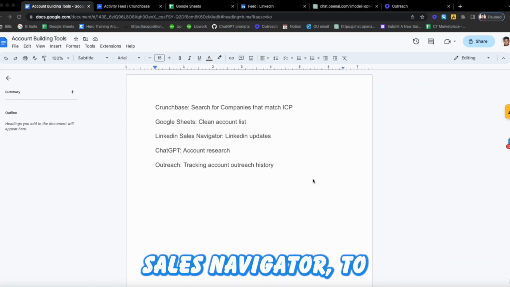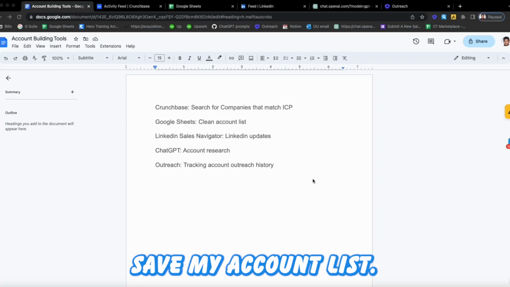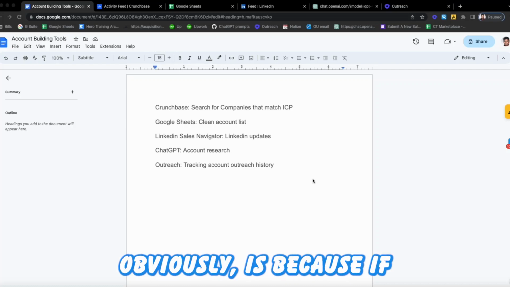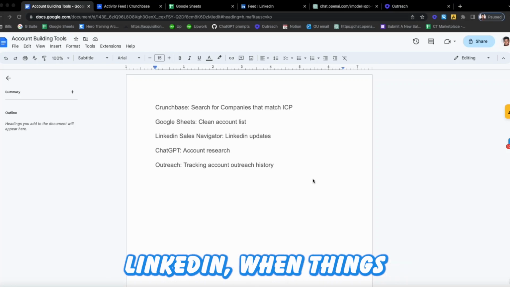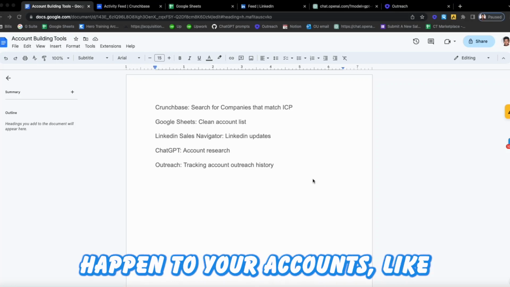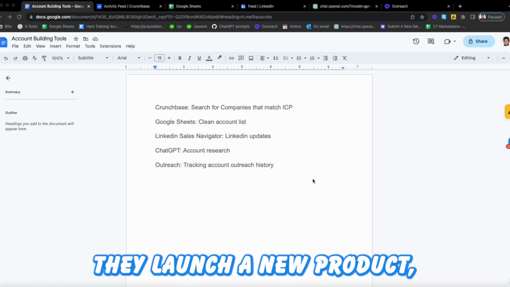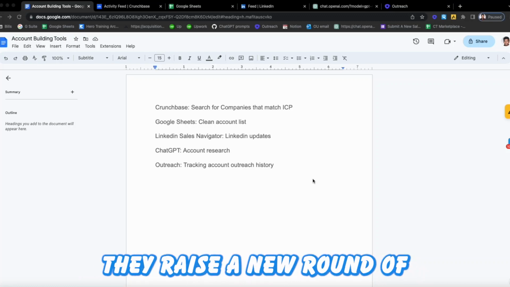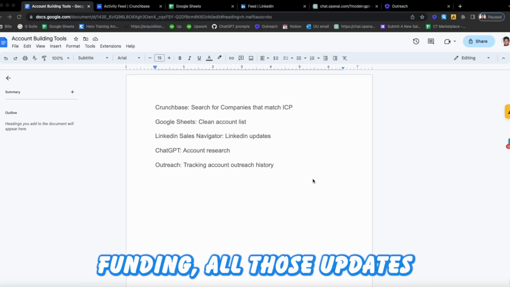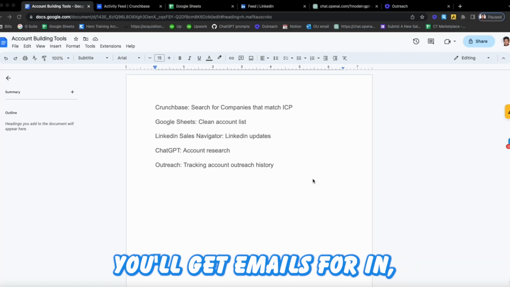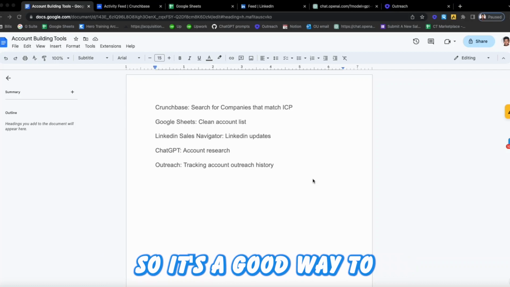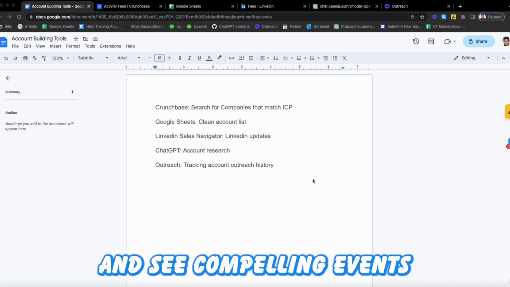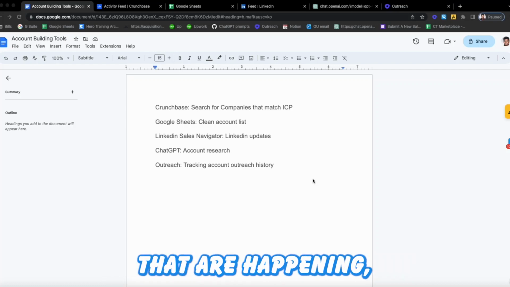I use LinkedIn Sales Navigator to save my account list. The reason I do this, obviously, is because if you save your accounts on LinkedIn, when things happen to your accounts, like let's say they hire a new CEO, they launch a new product, they raise a new round of funding, all those updates you'll get emails for, I believe in either a daily or a weekly fashion. So it's a good way to build relevant messaging and see compelling events that are happening within the companies you're